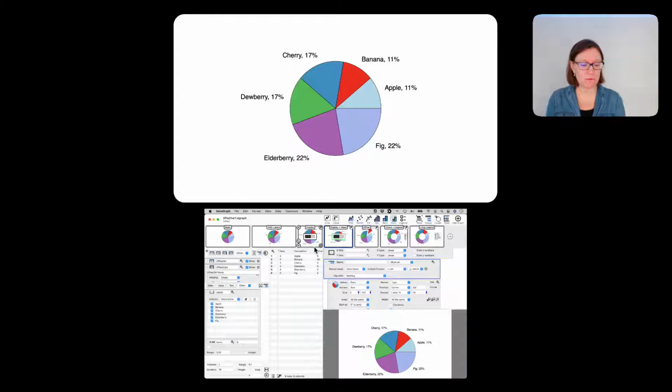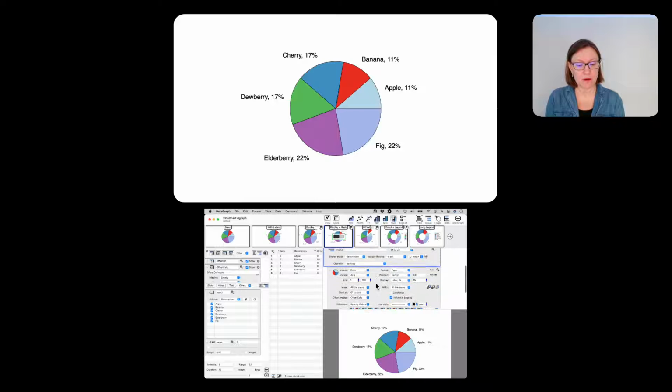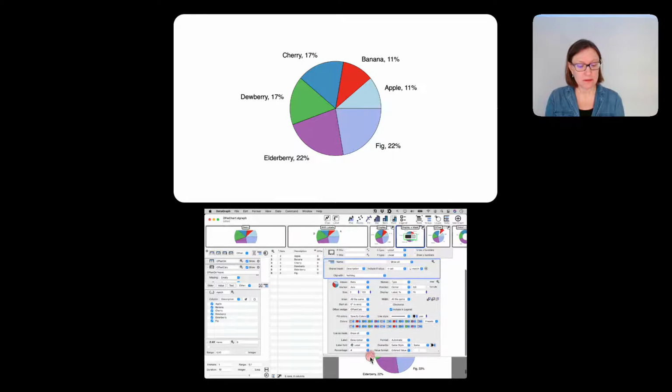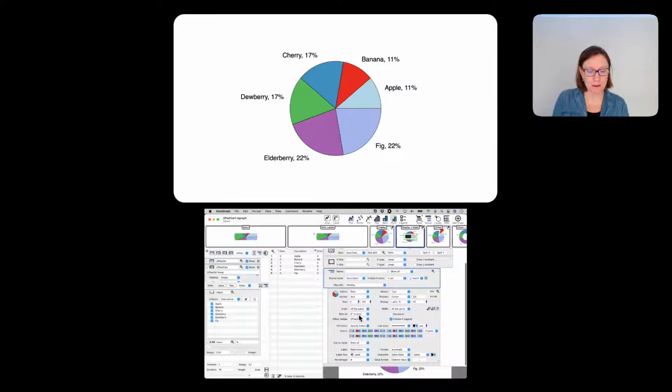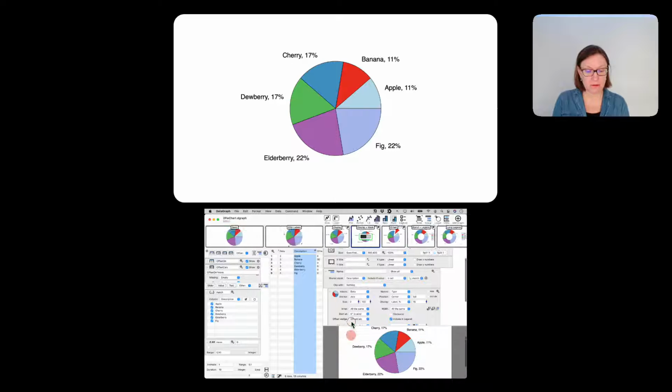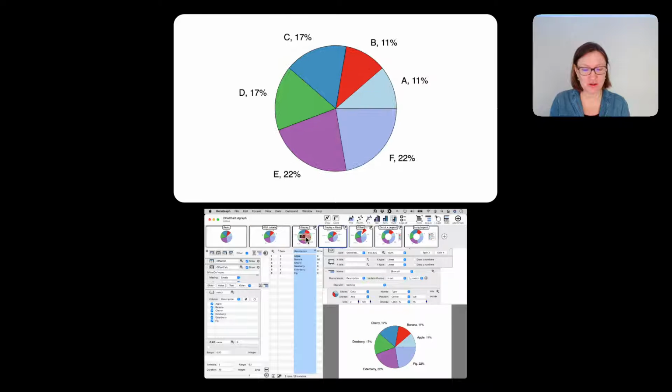So if you've never done this before in DataGraph, this is really worth knowing. I have it already set up here for this one. Since you can see the pie chart on the screen, I don't really need to also show it here. But what you see here is a group that I added, and it's using the description to mask the data. Then I have this inset, and this is the mask that I created. Okay, so if that's not clear, which maybe it's not, let me just show you this